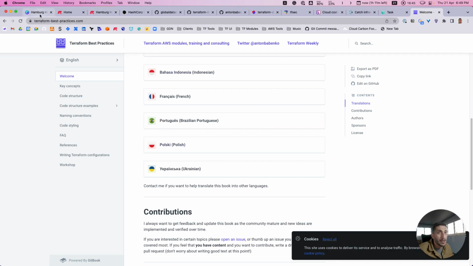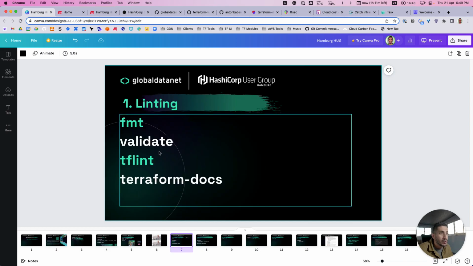I just want to add, thanks for mentioning this one. With linting, a lot of people aren't aware that there are small tools in Terraform itself, and even external open source tools that you can use to create a nice linting experience. If you are coming from a software engineering background, you already know that linting is important, especially if you are developing on your local machine or using a CI/CD tool for automation. So yeah, linting is important.